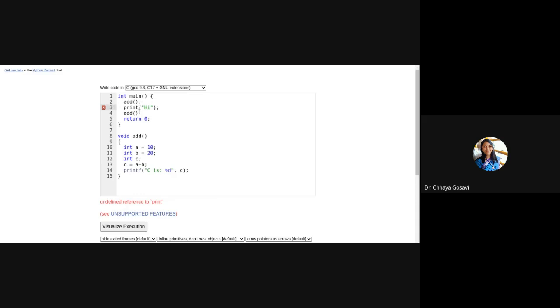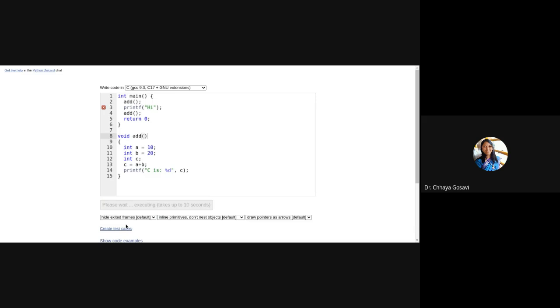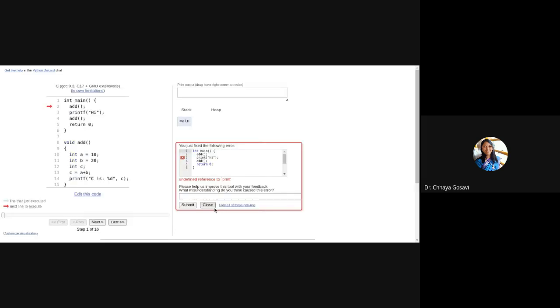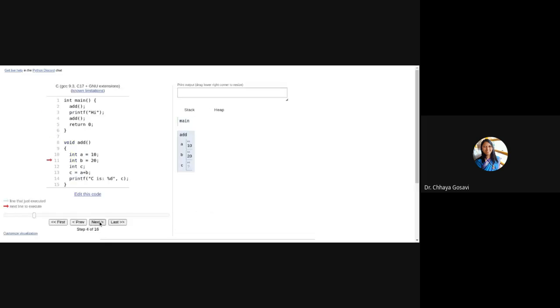Printf. You're printing hi, and again method add is called. Now this time when variables A, B and C are defined, this memory is from stack memory, and it may allocate new different memory locations for these variables.